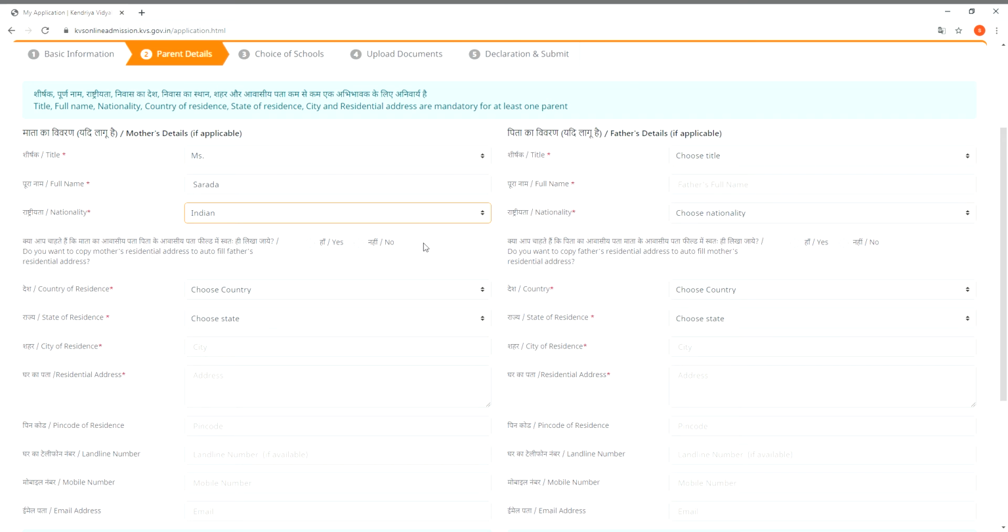If you want to copy mother's residential address to autofill father's residential address, that is, if the address of mother and father are same, then select the option yes, so that the details provided for mother will get auto-populated for father as well. If different addresses, then select no. Now choose the country, then the state of residence, city of residence, the residential address,